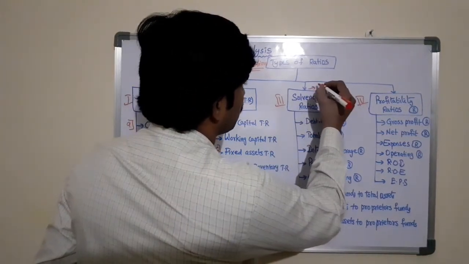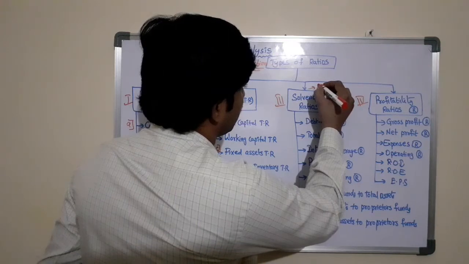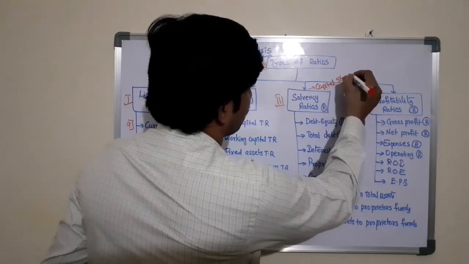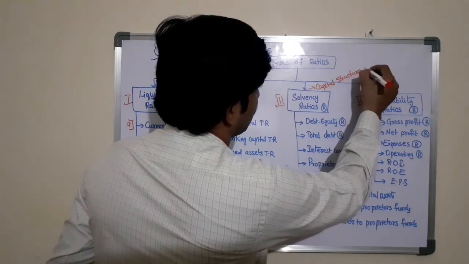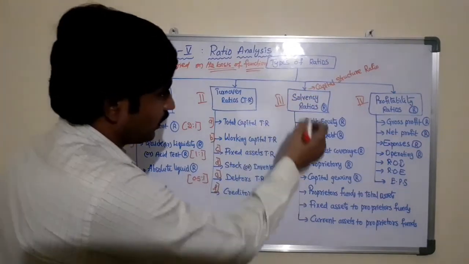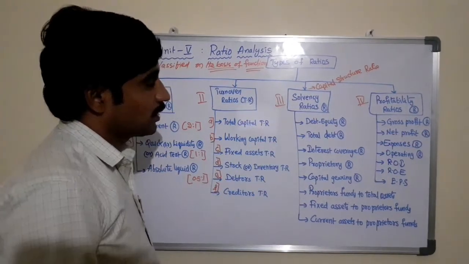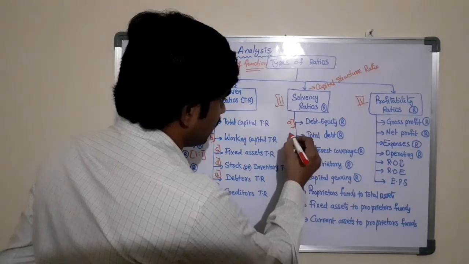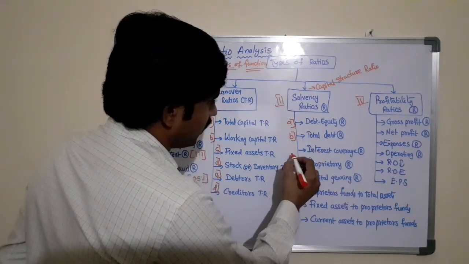These solvency ratios are also called capital structure ratios. So here under capital structure ratios or solvency ratios, the ratios are debt equity ratio, total debt